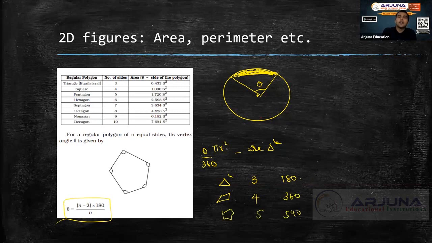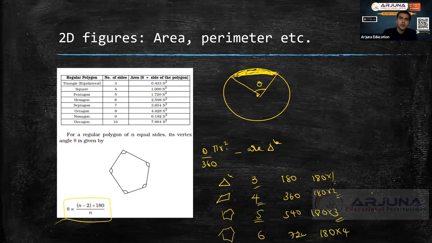It's actually 180 into 1, 180 into 2, 180 into 3. You can clearly observe, if it is 5 sides, you multiply by 3. If it is 4 sides, multiply by 2. If it is 3 sides, multiply by 1. If it is a hexagon with 6 sides, you multiply 180 into 4, so you get 720 degrees. Similarly, if it is n sides,